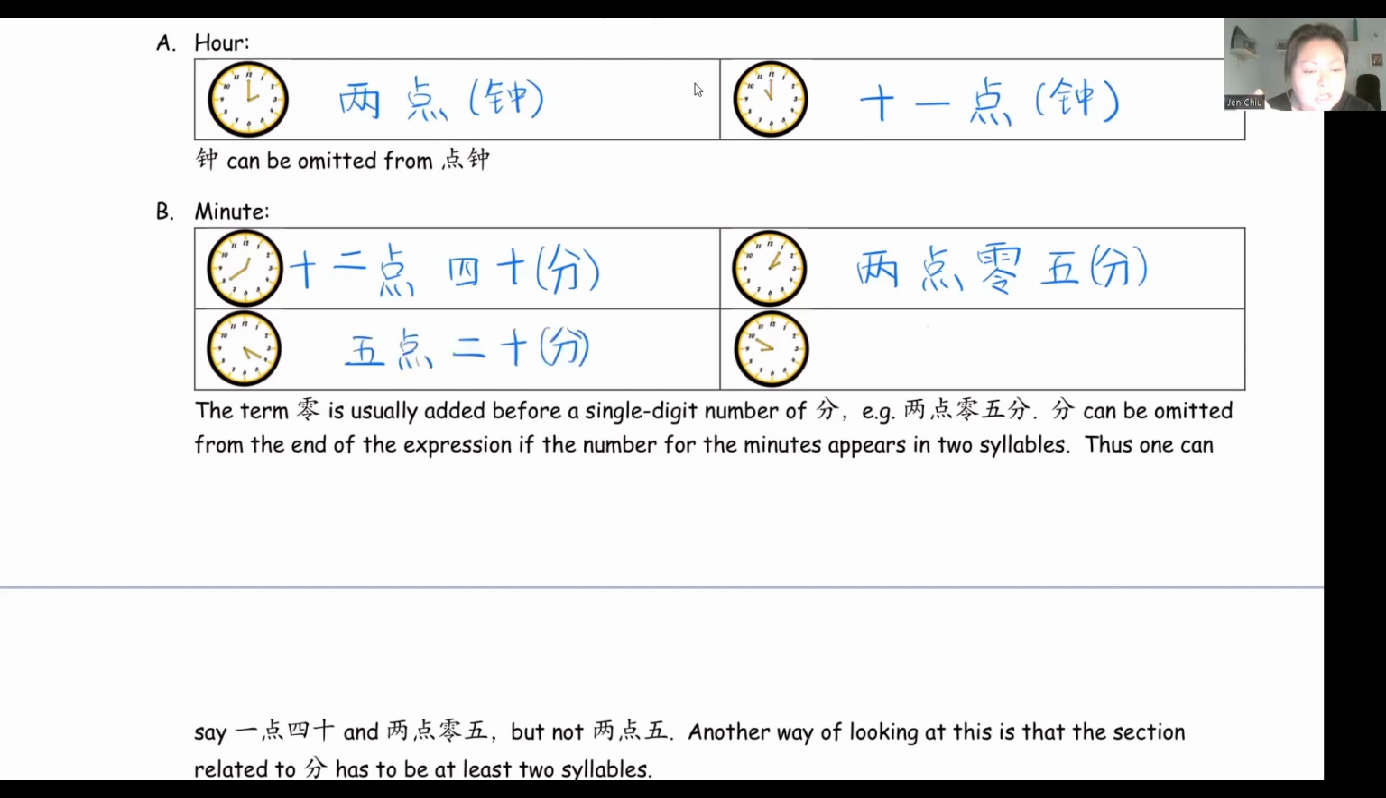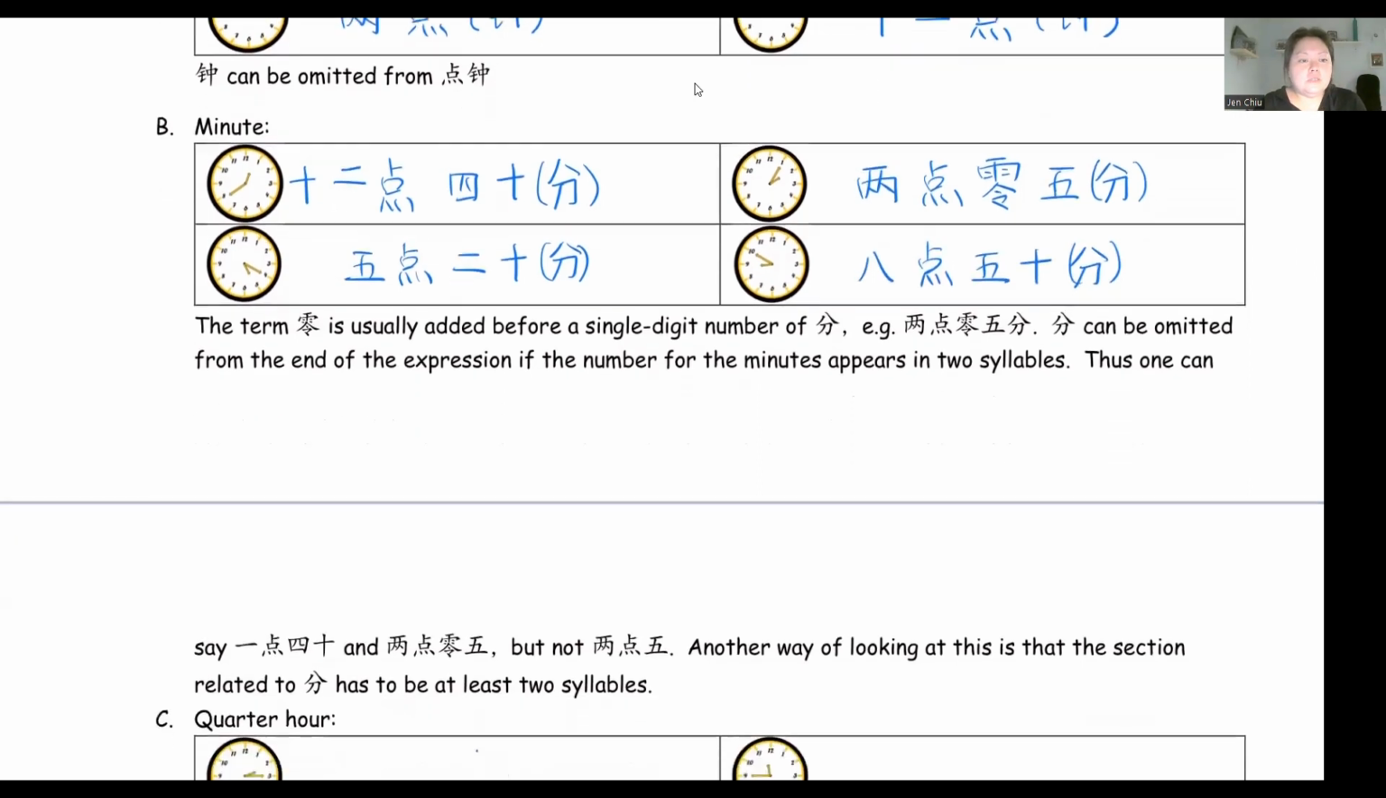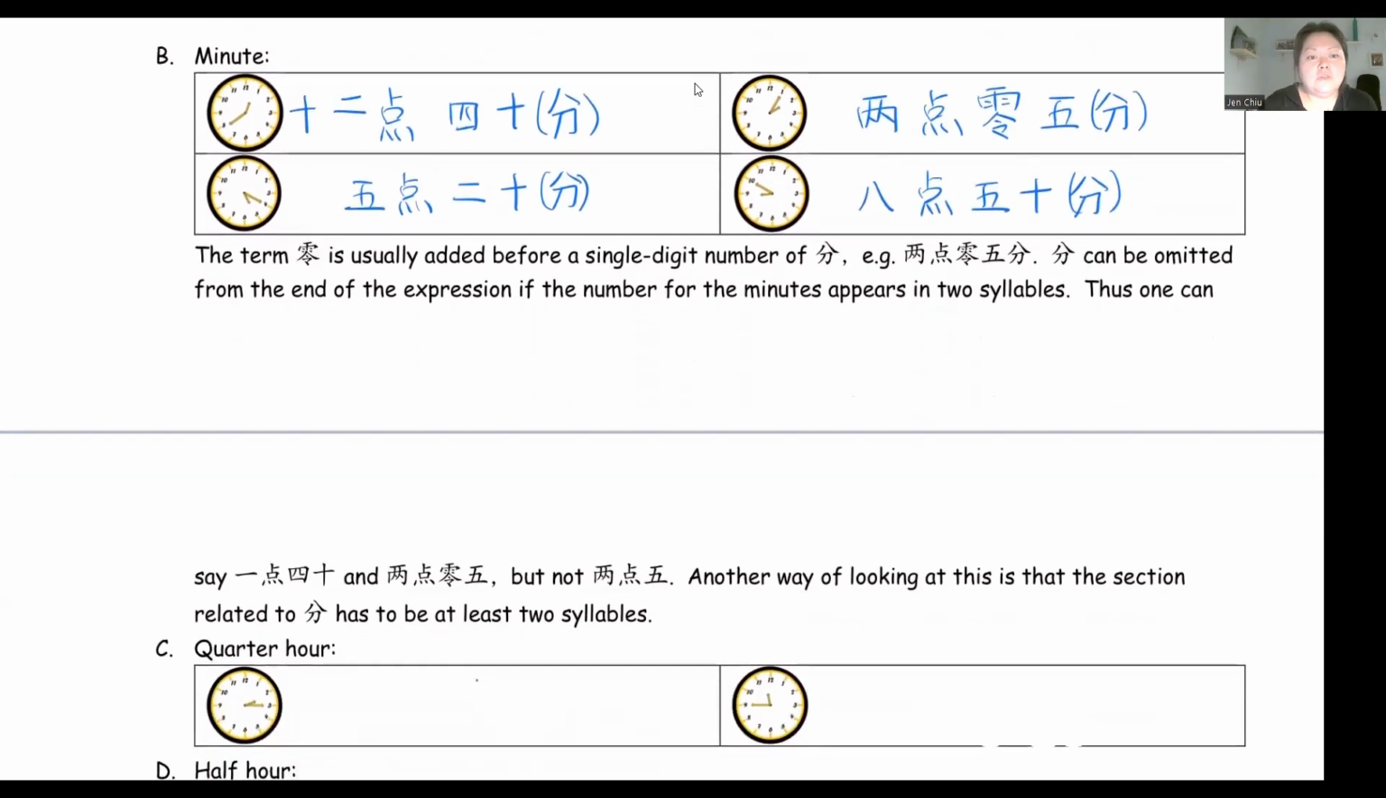So 5:20分. Okay. And the last picture here, it's not yet 9 o'clock. So this looks like it's 8:50. So 8:50分. Okay. All right, here in the description, it reminds you the term 零 is usually added before a